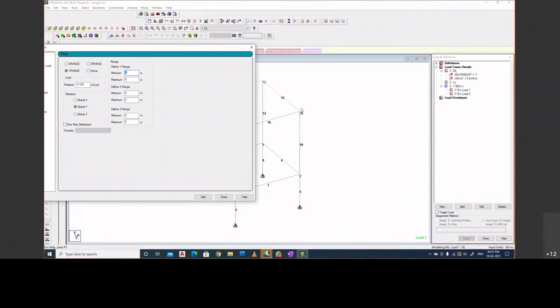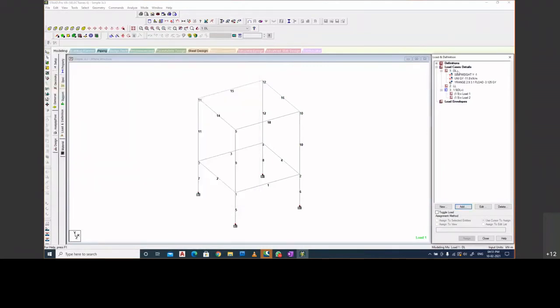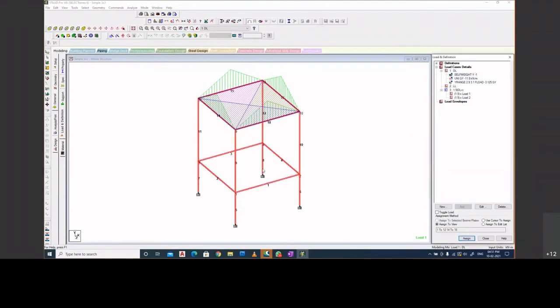So I need to add in this buffer, 2.9 to 3.1. So I'll here add 2.9 as the minimum value in y direction and 3.1 as the maximum. I'll click on add. I'll now close this window because I don't need to add any further loads in dead load. So you see self-weight, I'll assign it to view. So all the elements get their self-weight.